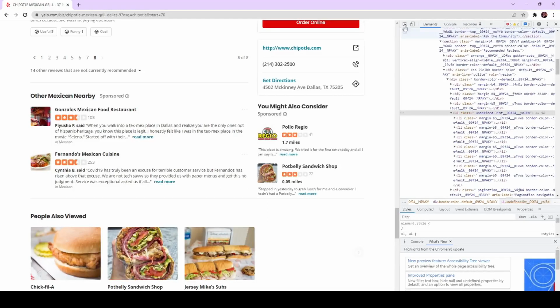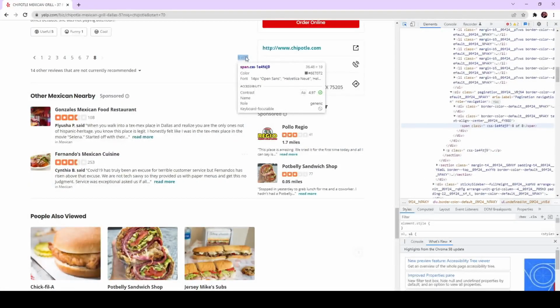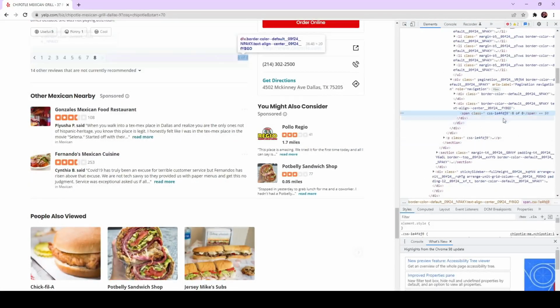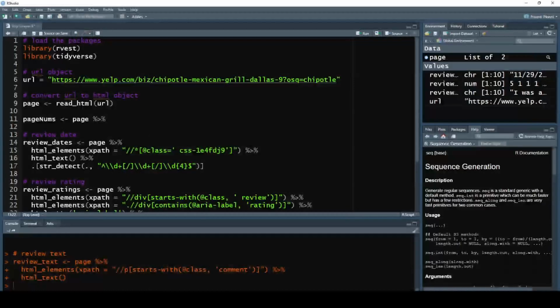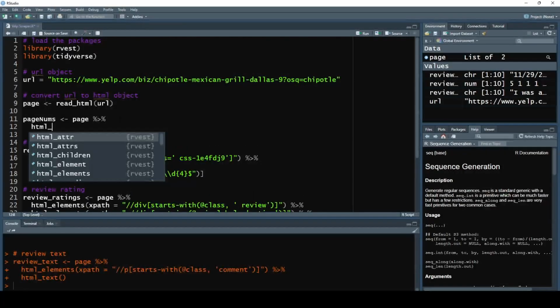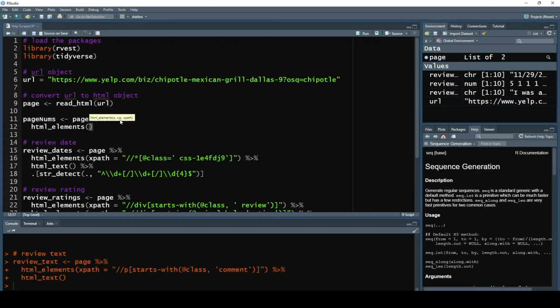In order to do so, I'm going to inspect the element over here, and we're going to notice that it's within a span class. Now, of course, this span class is one of the span classes we used for the date, I believe. So we're going to have to find something a bit more unique. Maybe we could go off of this div class over here and use the entire thing and see if that works for us. So I'm going to say HTML elements, and I'm going to set the XPath equals to,